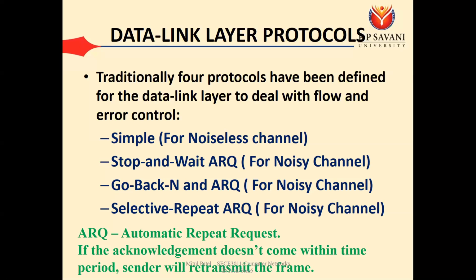Okay, in the data link layer, we will check whether one of the data is, તમારો બીટ, whether it is corrupted or not. Okay, તમારા frame ની અંદર જો packet corrupted થયેલો હોય so that type of check we can perform at the data link layer. But આખું જો તમારું package જ lost થઈ ગયેલો હોય so that type of error can't be detected at the receiving side. So this is the responsibility of the transport layer. Okay, so simple and stop and wait ARQ we will learn in the data link layer, while go back and selective repeat we will learn in the transport layer.